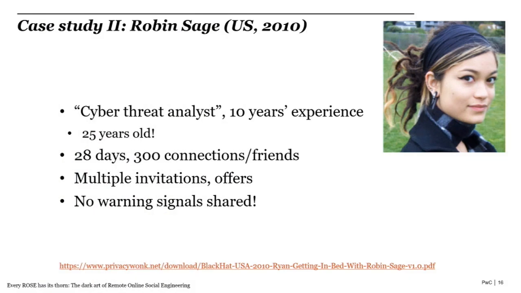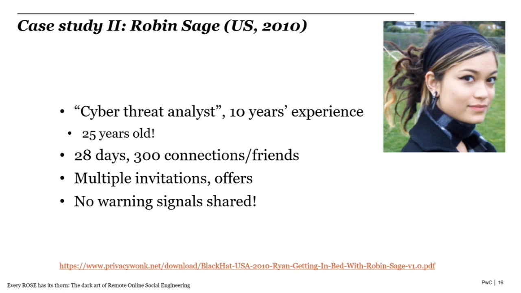Robin Sage, so this was presented at Black Hat a few years ago by a researcher called Thomas Ryan. You might have heard of this one before. This profile image was taken from an adult modelling site. Various profiles were created. And over a period of 28 days, this profile gained about 300 connections and friends, mostly from within various elements of the US government. And this profile received invitations to speak at conferences, review academic papers, invitations to dinner and drinks and that kind of thing. Now, crucially, here, the profile claimed to have accreditations with various institutions and qualifications, that kind of thing.